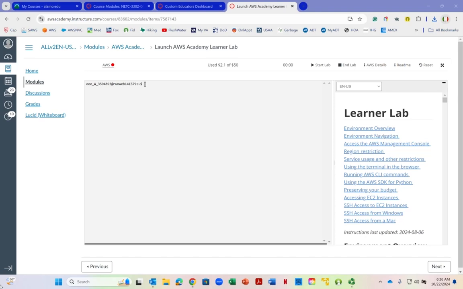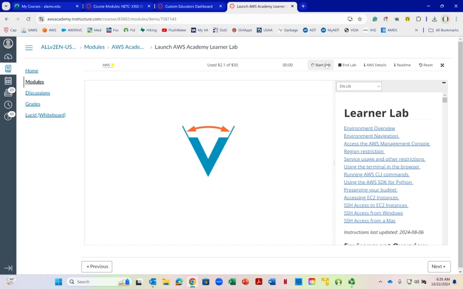Okay, so the first step in our process is first to create a couple of S3 buckets, one in which to store the data. The other one is when we use Athena to query the data, where do those queries get saved to? And we'll save them into a different bucket. Okay, so we'll click Start Lab,